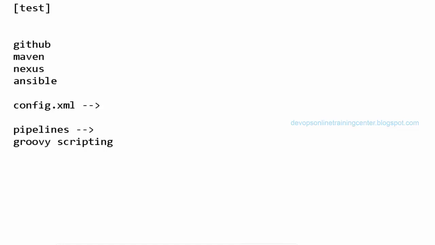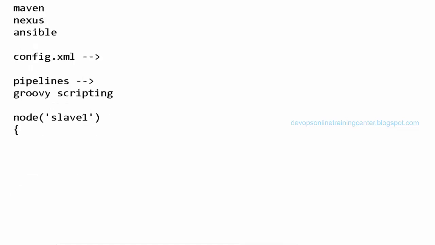What is the first step? First step is to download from GitHub. Actually, the first step is to select the slave. So here we write something like node and we give the label of the node, let us say slave1, right? Everything we do in Jenkins using plugins, we do using code. That is called pipelines. And there is something called multi-branch pipeline. We'll come to that. These are the advanced concepts of Jenkins.